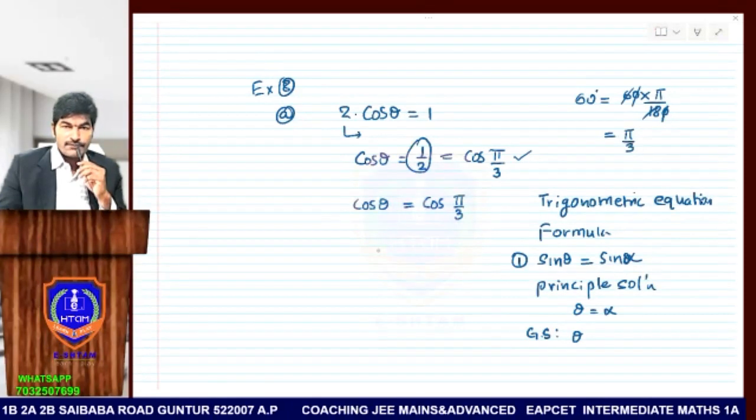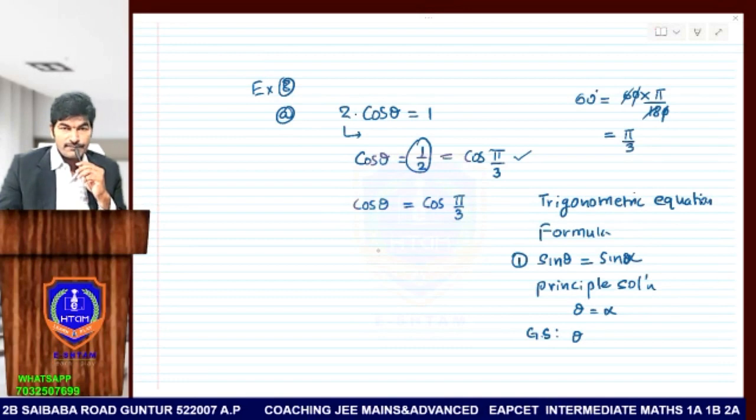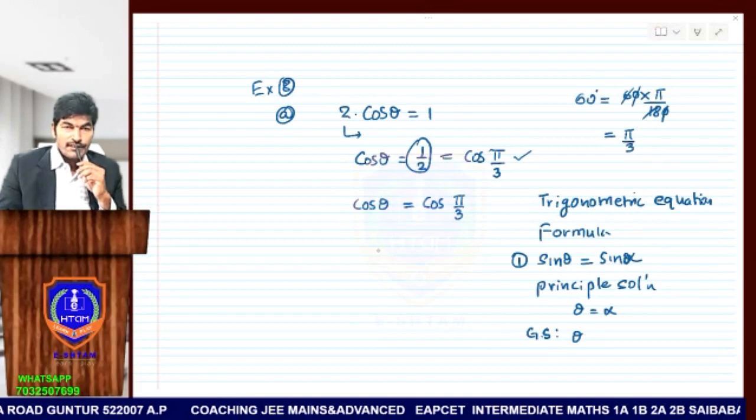The formula for cos is the same for secant theta. And tan and cot are the same. That means you are solving the trigonometric equations in either sine terms, cos terms or tan terms. Understood? Now, the general solution for sine is